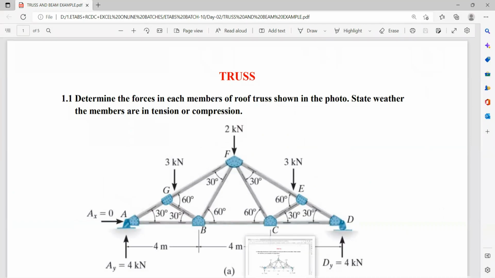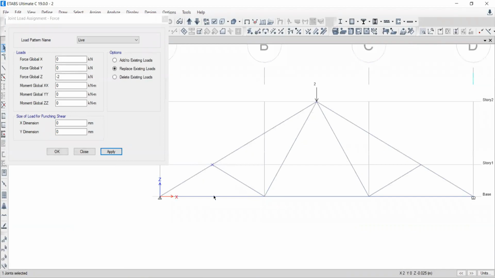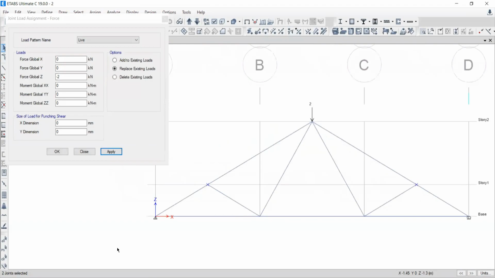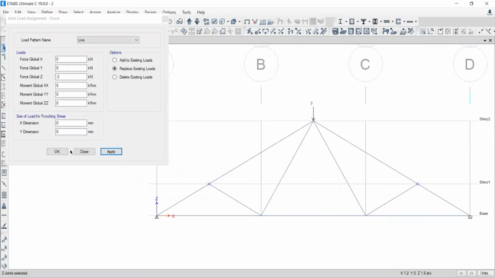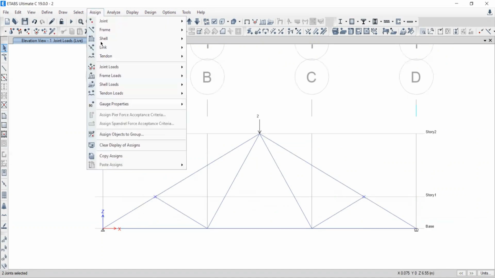Okay, don't be confused. Drag it from left to right. Both of the joints I have selected at once. Close it. Again I am repeating the procedure. You have to select the joint, one joint is selected, drag it from left to right, another joint is selected. Then you need to go to assign, then joint loads,